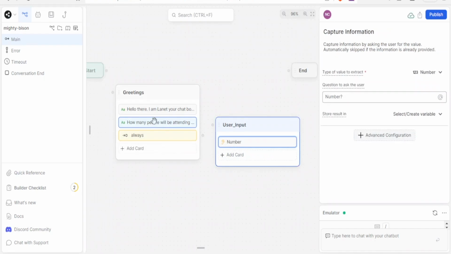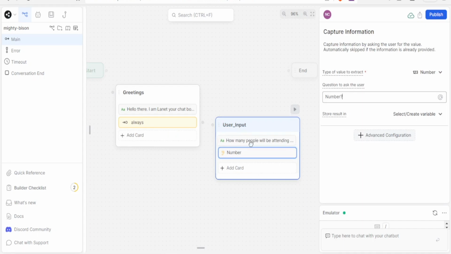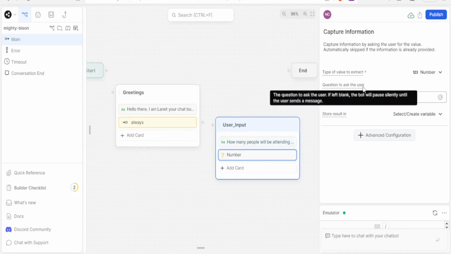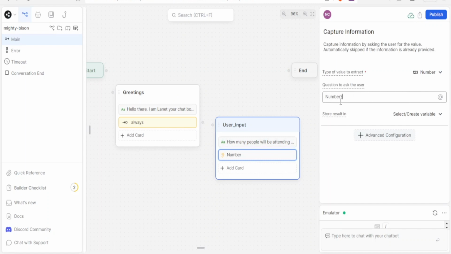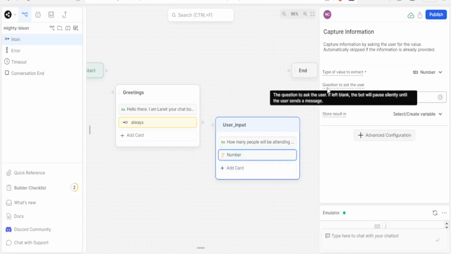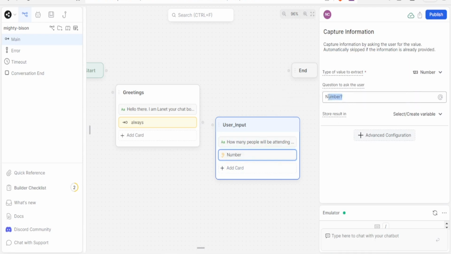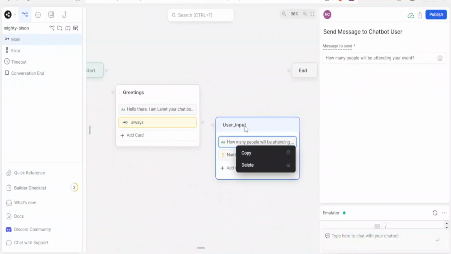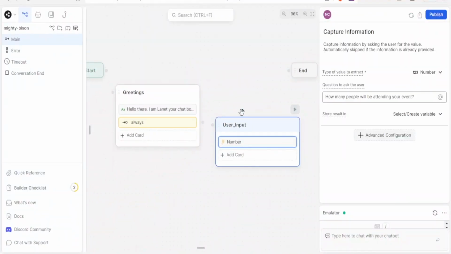So we added the question here at first, but you can still drag this card and drop it in the second card. So that is still allowed. So which question will be asked to your people here? This is the question that we want to be asked. So we can copy this question, and then we click on number, and then question to ask the user. We can now put the question there instead of having it here in the beginning. So we can now delete it from the top here, so that for the user input, they'll only see the